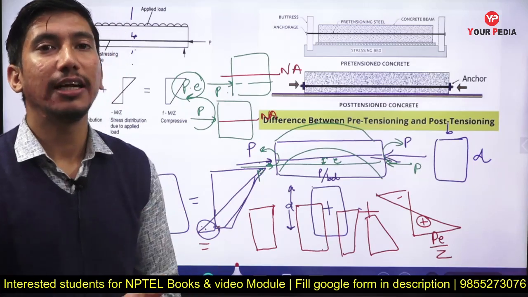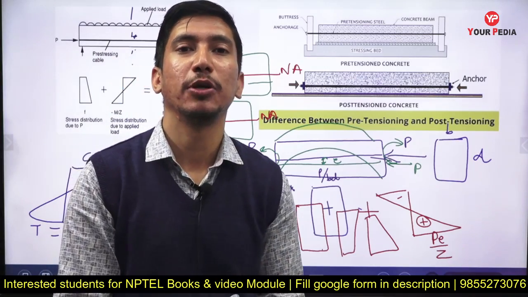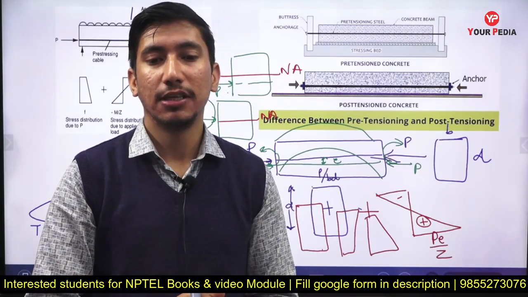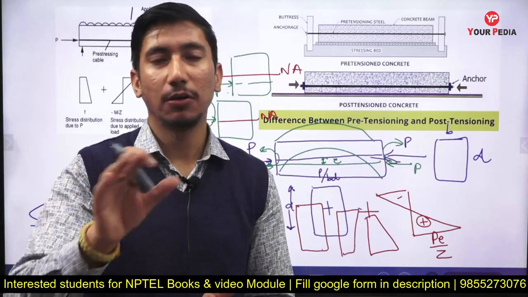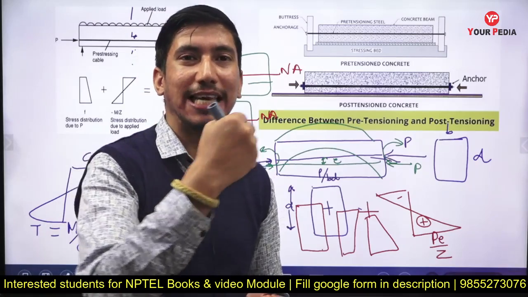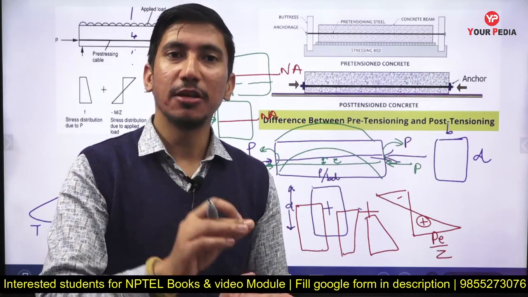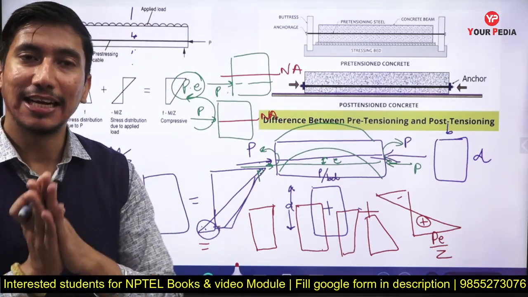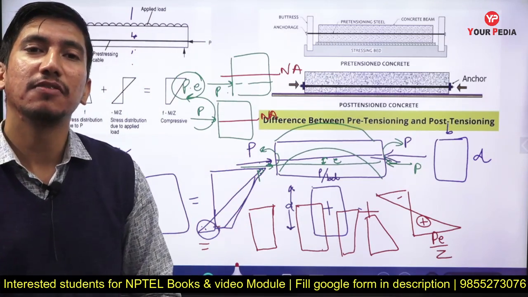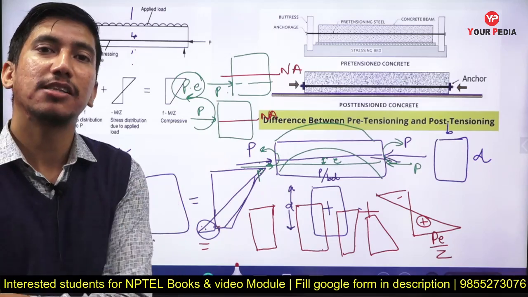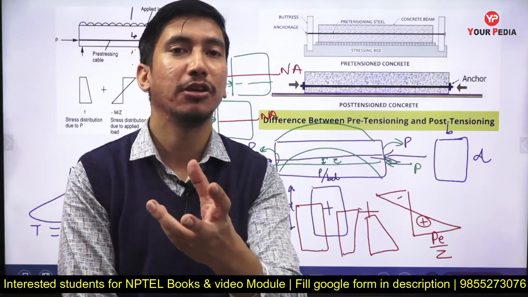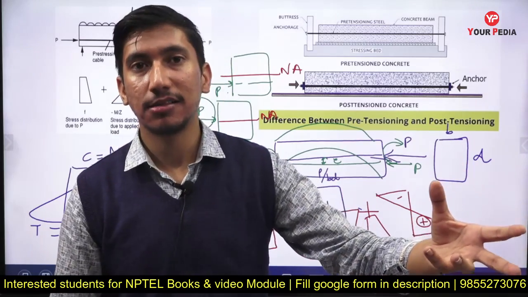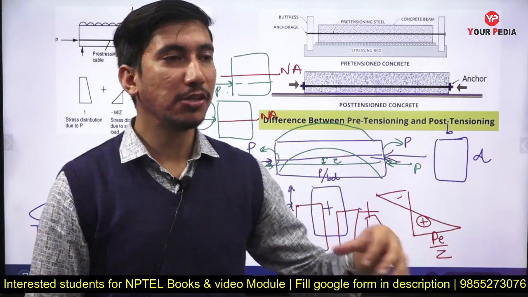So this pre-stressed concrete has become very popular to be used in case of bridge girders, in case of cable stayed bridges also, and especially in bridges and industrial buildings, because these are subjected to dynamic loading, and in dynamic loading pre-stressed concrete's efficiency is very good as compared to reinforced concrete. It is also economical for higher spans as compared to reinforced concrete, because what will happen now,